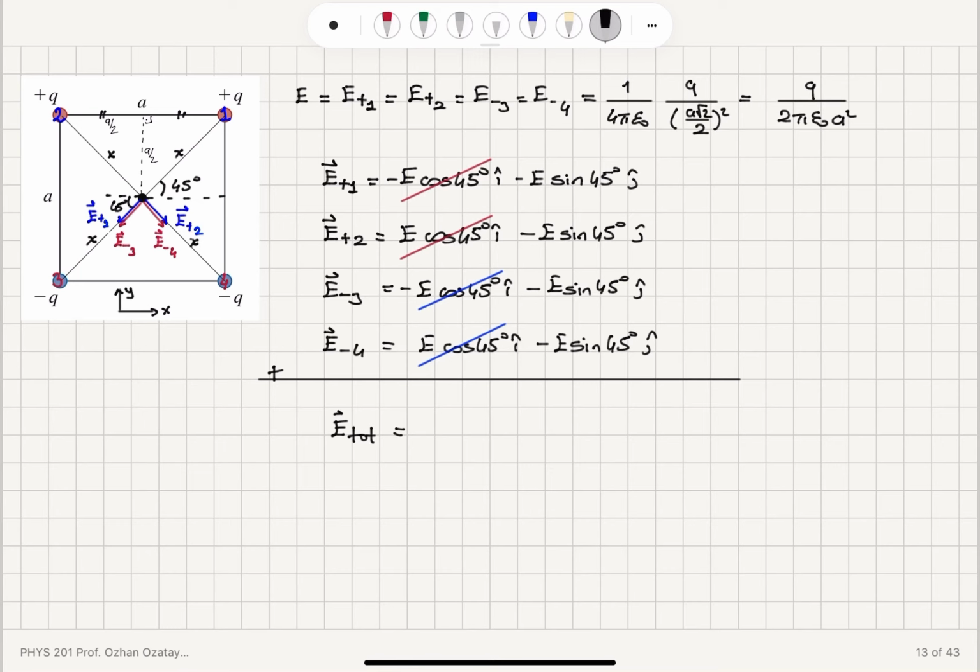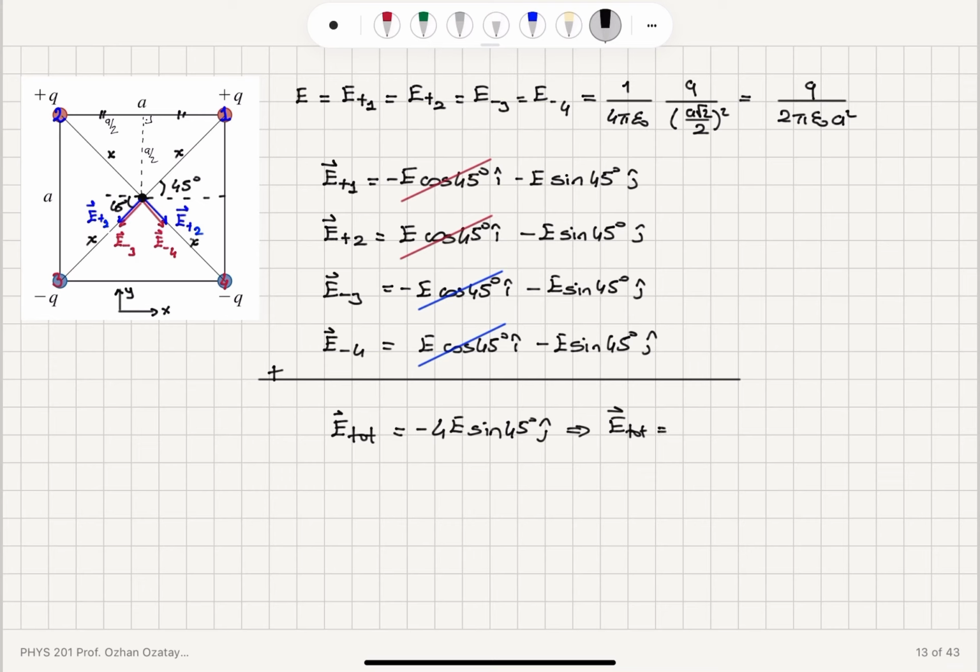So that gives me minus 4e sine 45 j hat. So this gives me E total is equal to,